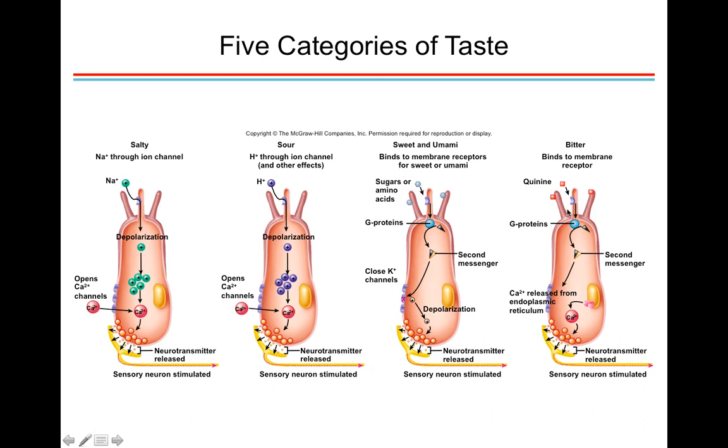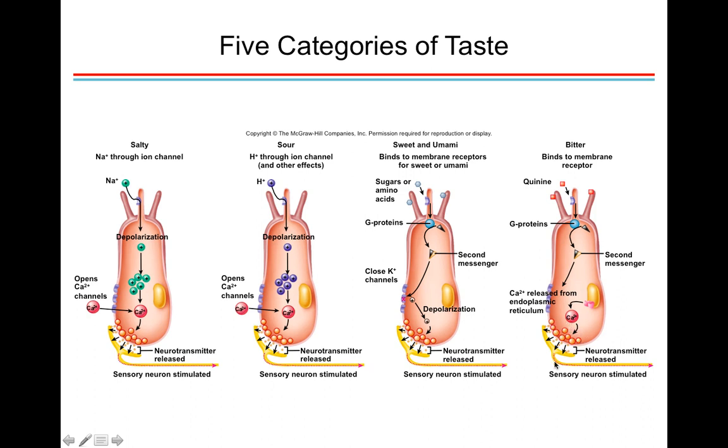And then the last one to show you is bitter. So for example, quinine, which is found in tonic, is bitter. There's a receptor. When it binds the receptor, it can also activate the G protein. And the G protein will then do the same thing, right? It'll exchange GDP for GTP for the alpha subunit. The beta and gamma will separate from the alpha subunit. A secondary messenger will be produced, and this will trigger calcium being secreted from the endoplasmic reticulum in the bitter cells, and that'll then help the